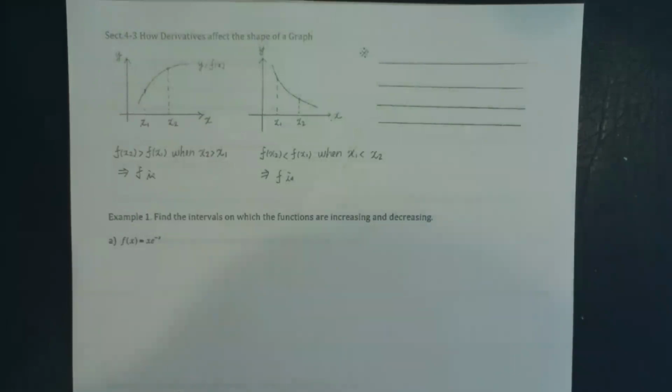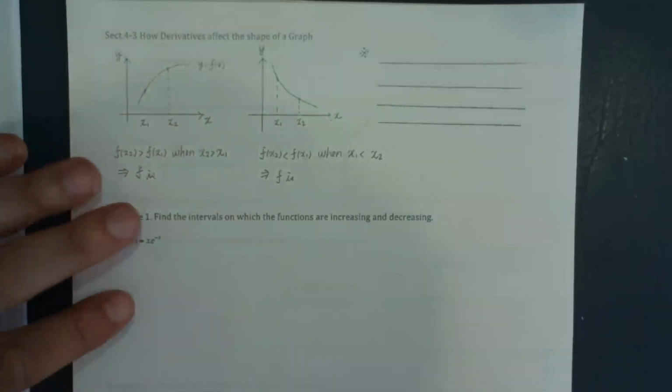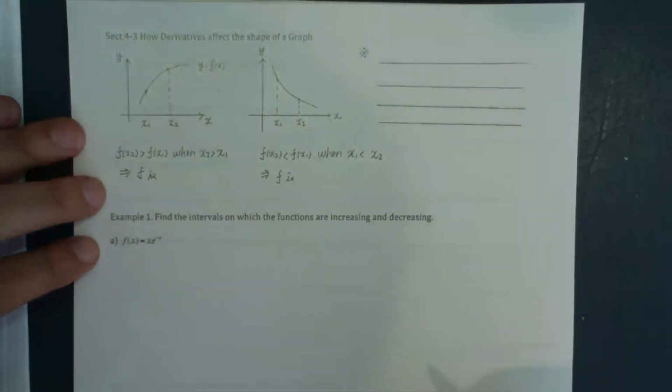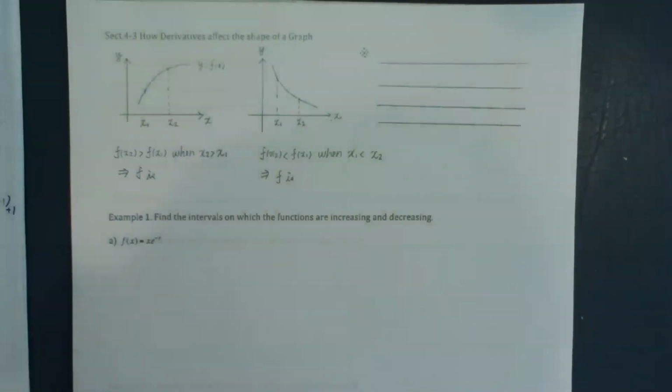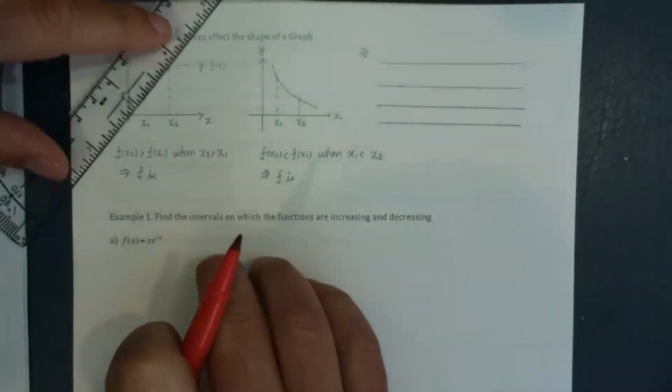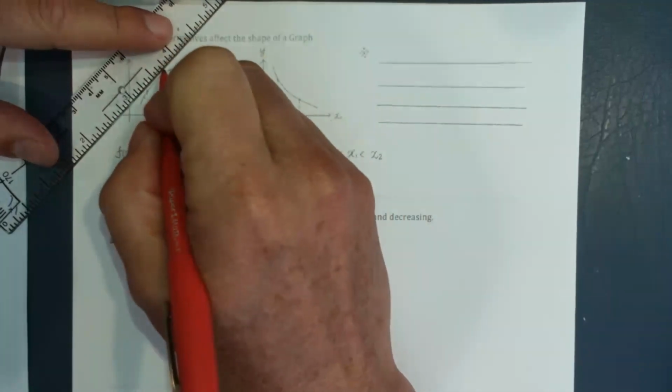We're going to talk about how derivatives can affect the graph and exactly what's happening as we're looking at this. First we're going to talk about increasing and decreasing. When we have a slope of a tangent line that is positive,